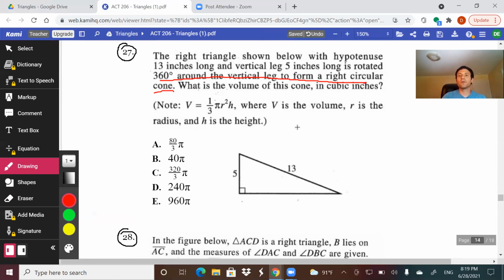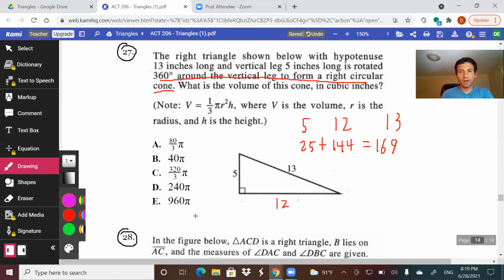Okay, well, real quickly, first things first, this is one of our Pythagorean triplets, 5, 12, 13, right? 25, right? a squared plus b squared, 25 plus 144, equals c squared, 169. And 169 equals 169. So that's 12 down there. Now, what they're telling us is happening, and I'll do my best to try to draw this, is they're saying rotated about the height, about the 5-inch vertical leg. So if we rotate this around,